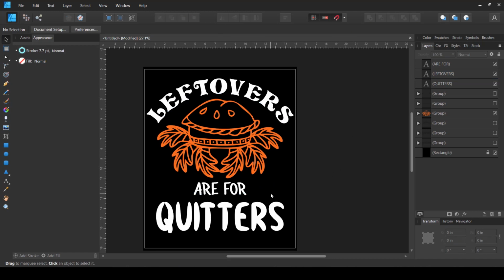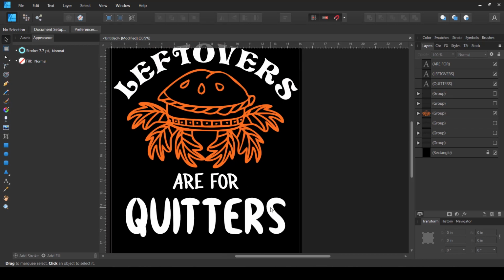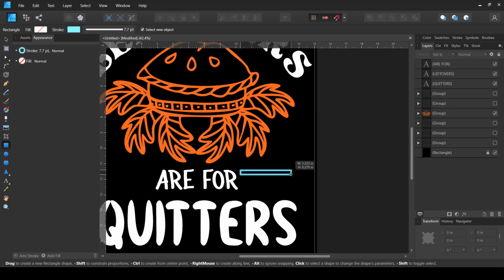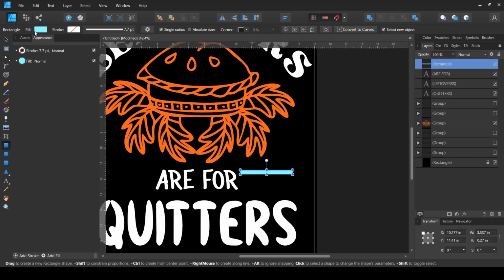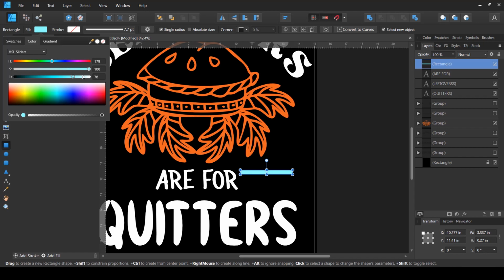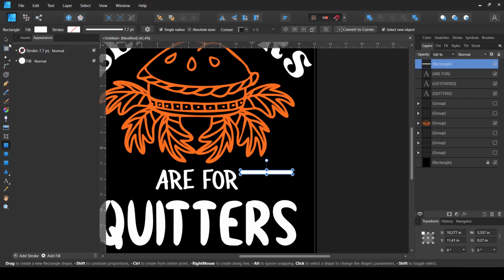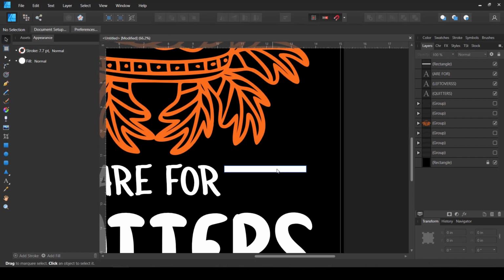Now we need to add a few more elements to this text design. So the simplest thing that we can do is just add some kind of bars here, and let's say just fill it with the white color at this moment. We can change it later on depending upon our